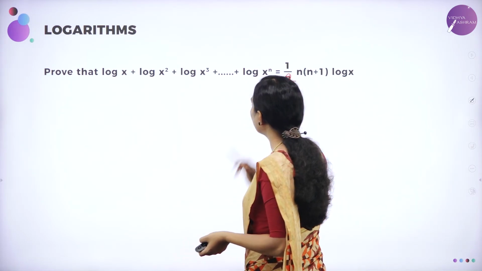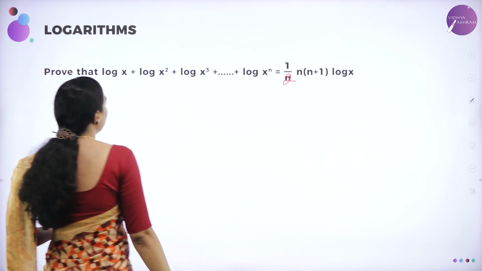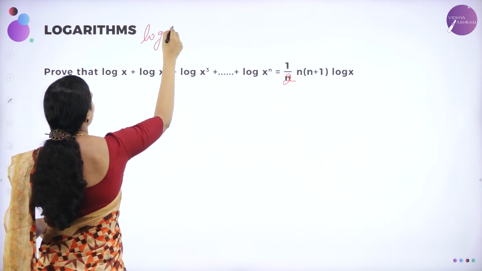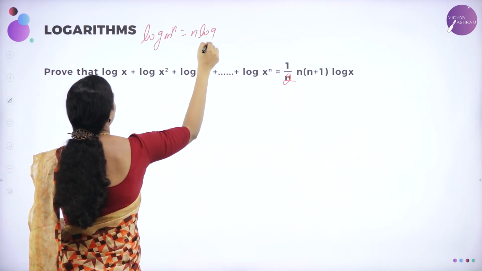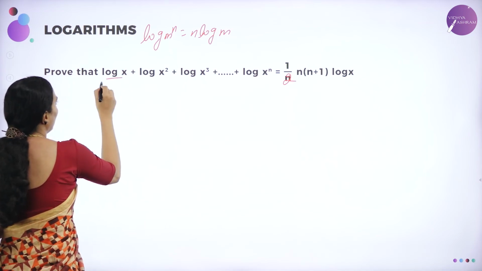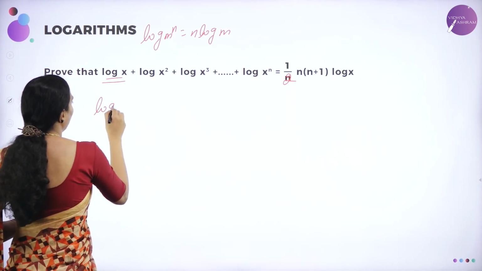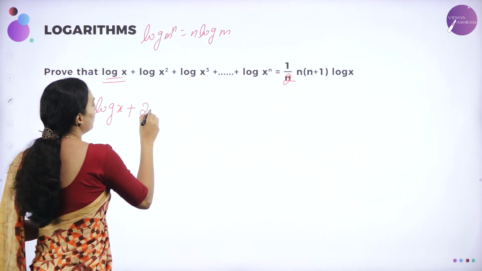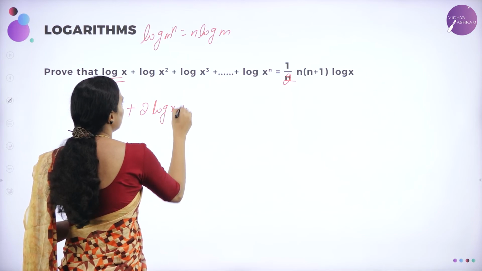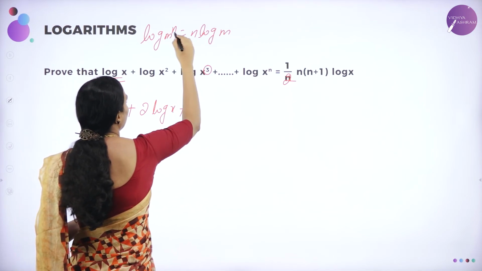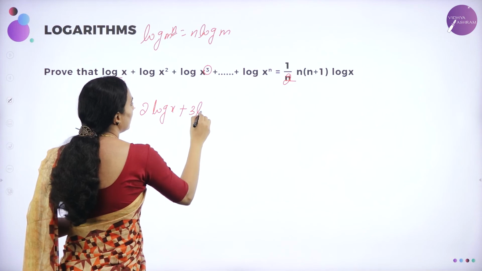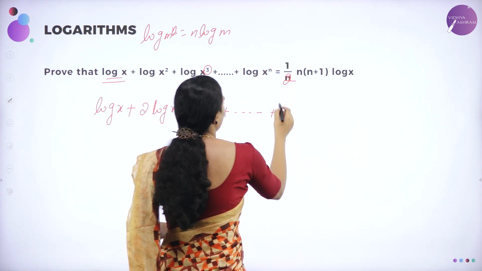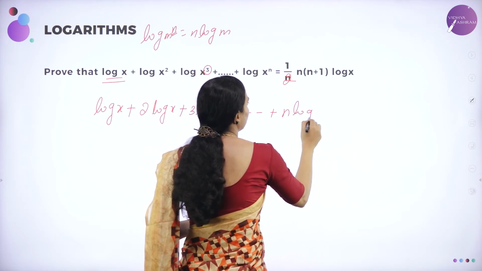This is okay. So here you are going to have the proof like this. You can use the formula of log m power n can be written as n log m. So I am going to take log x here, and then log x plus this I am going to write according to this formula. What will it become, dears? 2 log x plus this also, 3 is nothing but n here. So therefore I can write it as 3 log x plus etc. plus you are going to have this also n replaced as n log x.